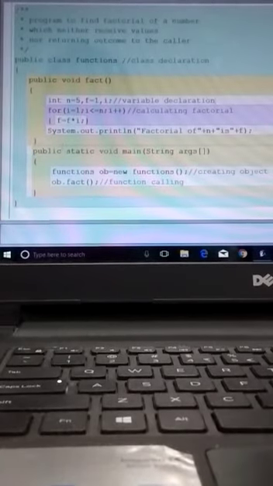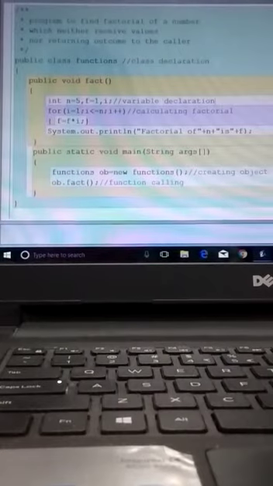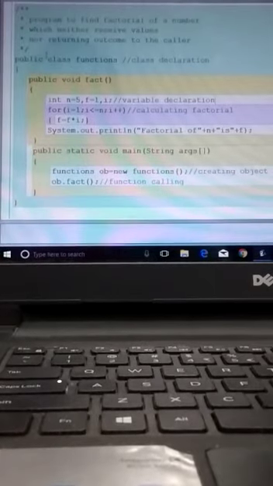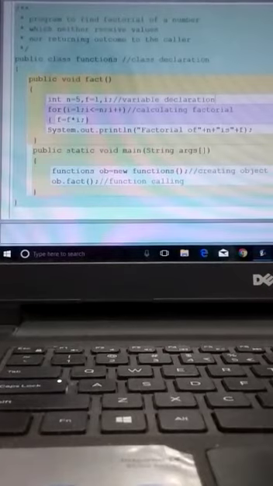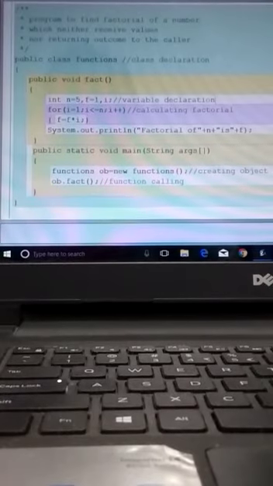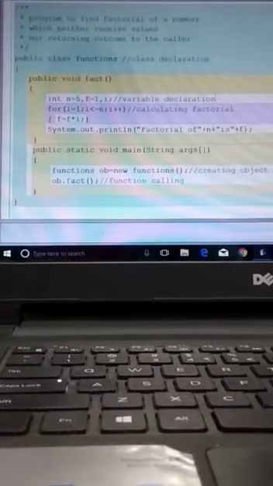So here let's see. First of all, since we are taking the value directly, we are not entering the value in this program. You can enter the value also with the help of the main function. So what we have done is we have made the class with the same name as that of the file name, functions. Then we have created the function over here. Function name is fact. Then we have taken the value of n to be 5, and since we have to find the factorial, we have to multiply till the number. So we have taken n equals 5 and f is initially taken as 1.